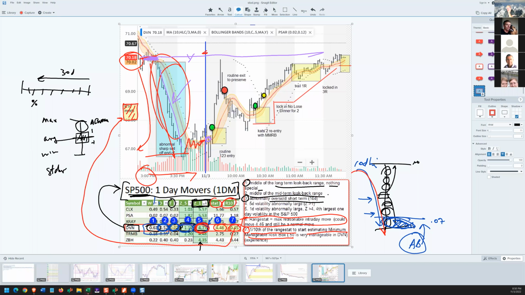So what did we get? It opened where it closed. It sold off and then resumed. We got a 1, 2, 3 entry. It broke above this congestion zone, and it moved more than one standard risk box off the low. It basically moved two. So we just took a routine 1, 2, 3 entry